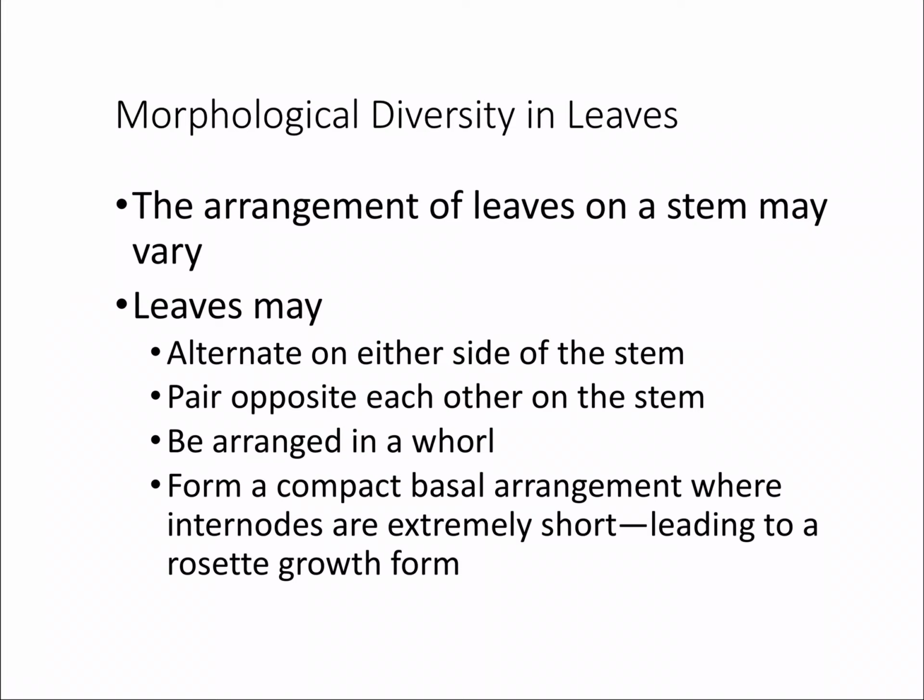Okay. So in addition to having different compound and simple leaves, you can also see the leaves arranged differently. I'd suggest, if you get a chance and you're kind of interested in this stuff, go outside, and you could probably find a good amount of these leaves out in your backyard, or around your park, and try to identify some of these. So leaves can be on either side of a stem. They can be paired opposite or alternating. They can be arranged in a whorl, right around in a circle, or they can be in a rosette growth form, where the internodes are really, really short,